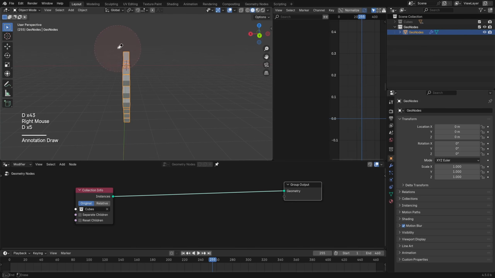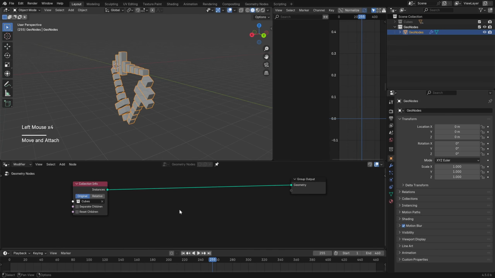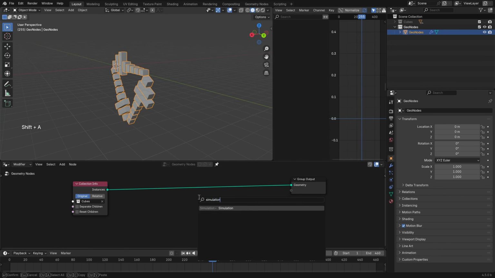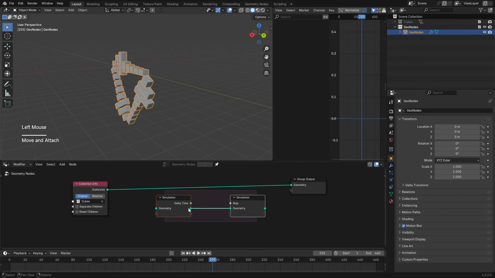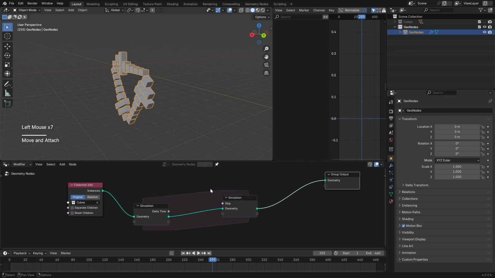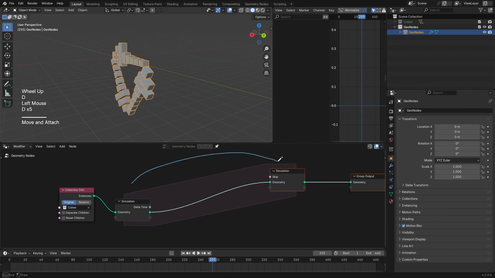previous frame. So to do this, we can use the simulation nodes. To add a simulation zone here, we can simply hold our mouse here and press Shift A and just search for simulation. So now we have a simulation zone here. We can connect our collection like this, and then we connect the output into the group output. So now we have a simulation zone where we can add nodes inside of here, and they will be repeated